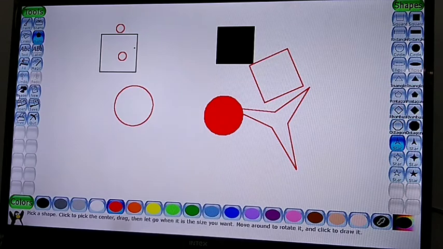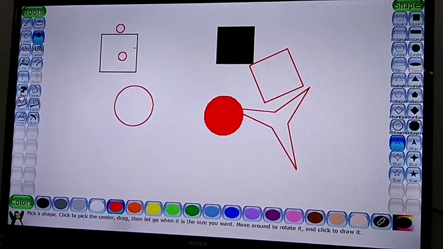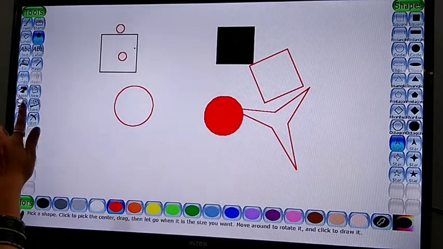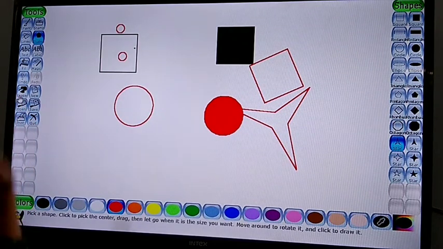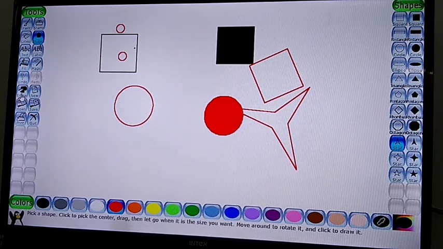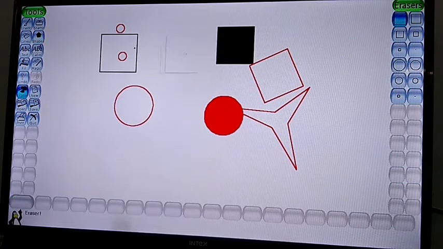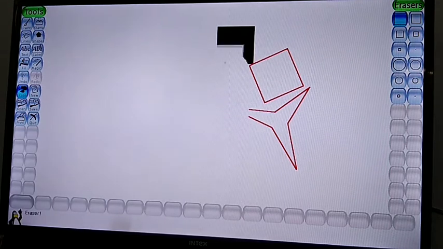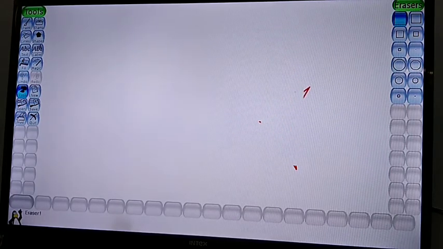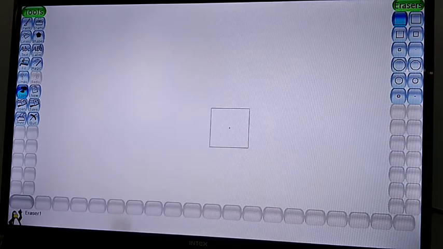Now the next one is your eraser tool. This one is your eraser tool. You can see here one eraser tool is there. So you will click on this eraser tool and like this you will get an eraser. From here you can select a big or small eraser and click on this. You can erase whatever you have drawn in Tux Paint, like this. So this is your eraser tool.